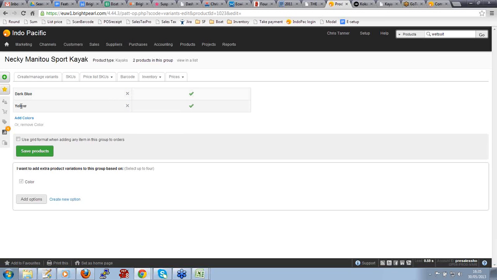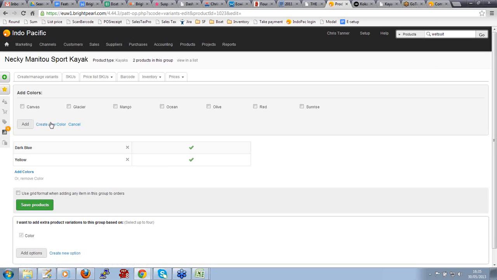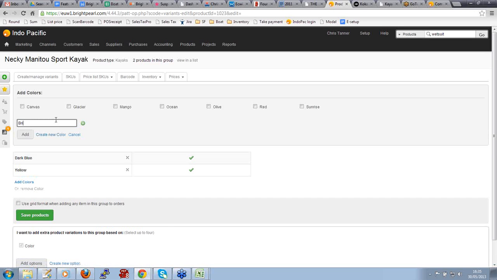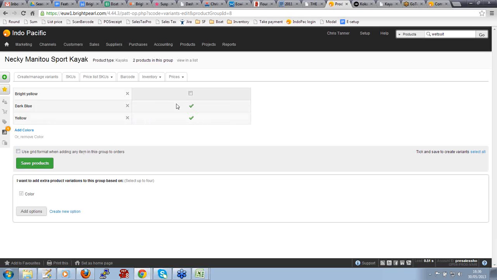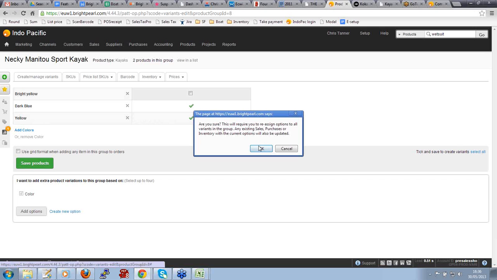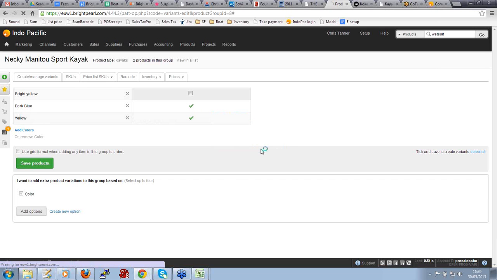Let's say the yellow needs to be changed to bright yellow, but we need to retain the existing yellow here. So what I'd do is I'd go add color, create new color, bright yellow. And we now have an option here. What we need to do is effectively break this grid apart and then reassign these variants to the right colors. So let's remove color. There's a warning here that this is going to break the grid,